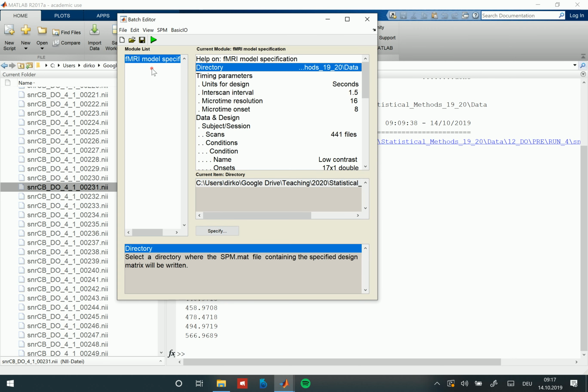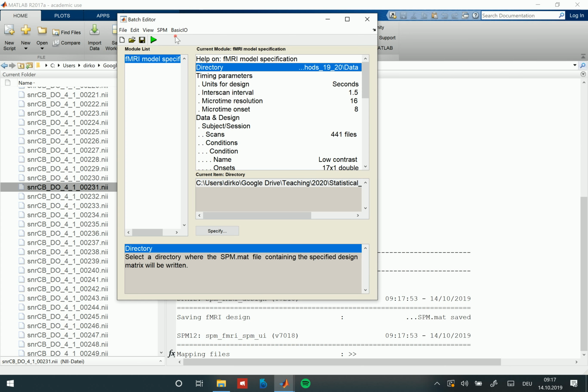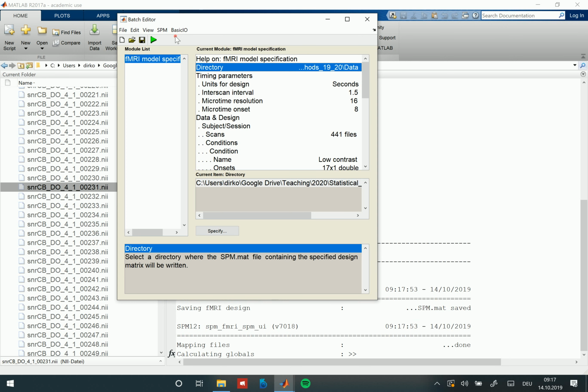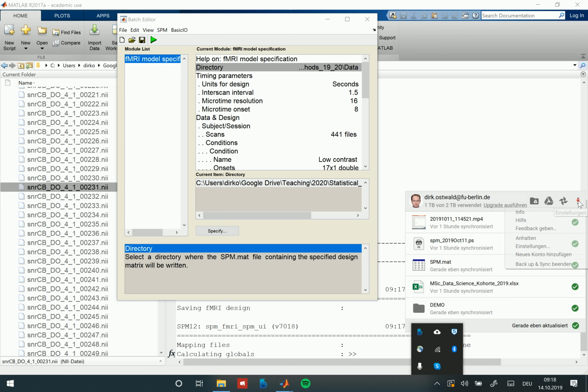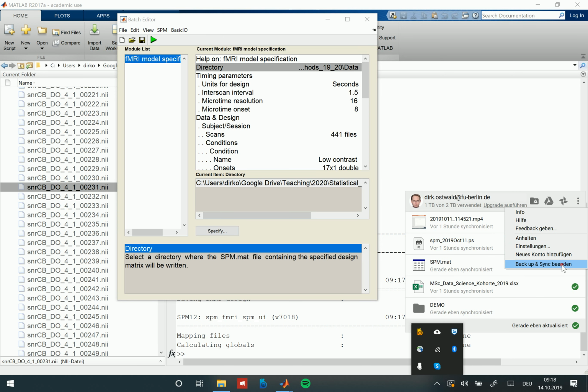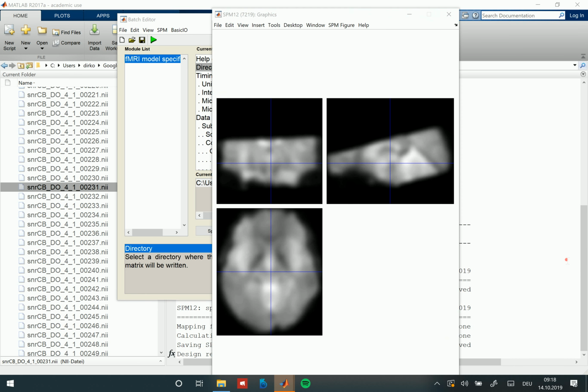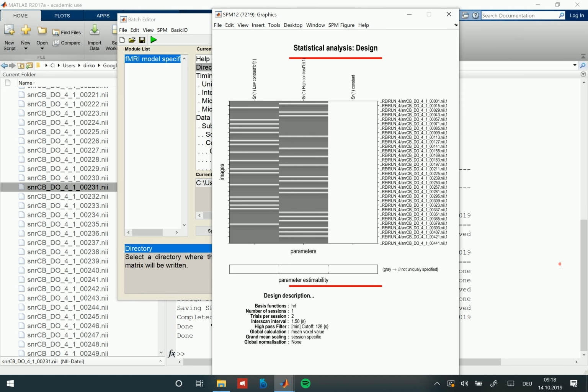So, model formulation. This is all we need to specify to formulate the model, and then we can click Go, and then it does its model formulation, which takes a little bit of time. Maybe we should also turn off our... So now it has formulated the model, and what you can see here is the design matrix that we are